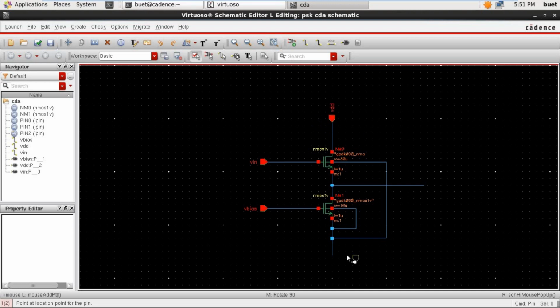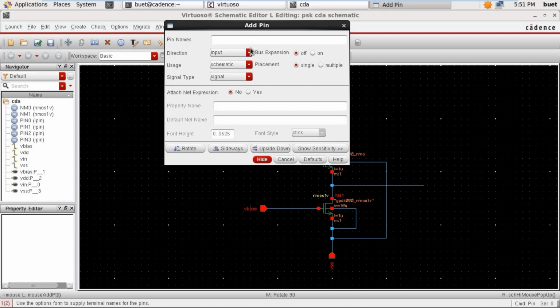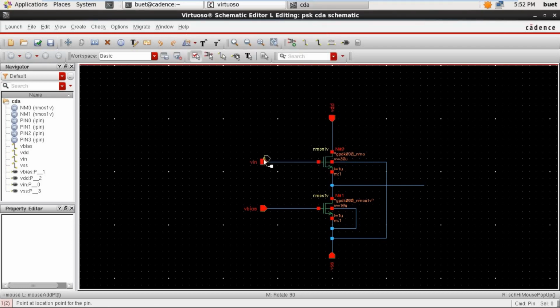Wherever required, press the R button to rotate and place accordingly. Similarly, we have to connect the output pin, Vout, direction should be output. We are done with the schematic. We should check and save the schematic.